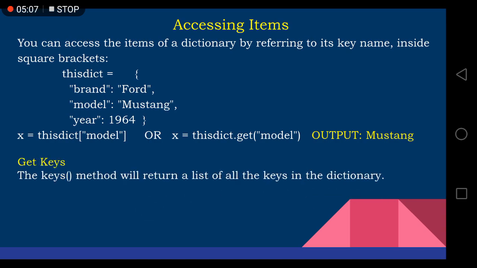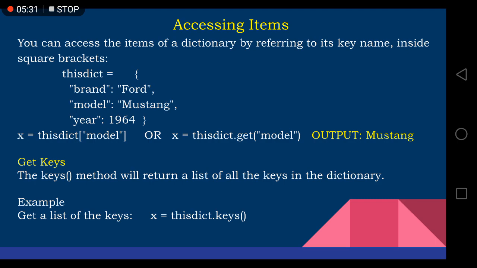And how to get the key values? The keys method will return the list of all the keys in the dictionary. Here in the case of the above example, the keys are brand, model and year. Okay, so how to get all the key values? That is done by the keys method. So, example: get a list of the keys, which is done by x is equal to thisdict.keys()